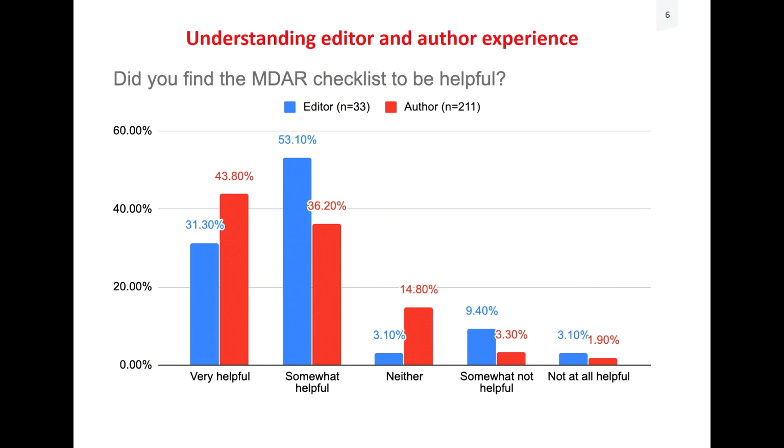If you look at the editors, and I want to tell you a little bit more about the author demographics. So we had 211 authors across a very diverse group of journals. But the other thing that we were quite fortunate in is the demographics spread of the authors. We had about 50% of our authors from the US, but also a large representation of authors from Asia and Europe. And I think that's also quite fortunate that we had quite a diversity in the geographic spread.